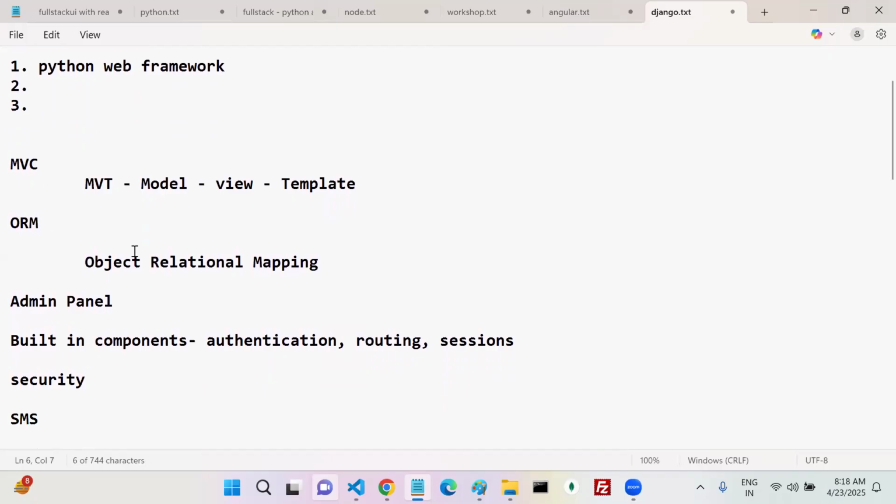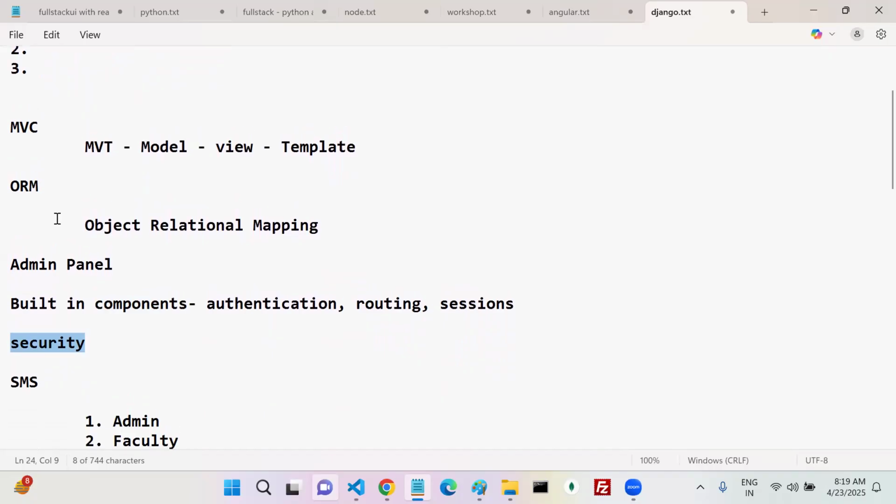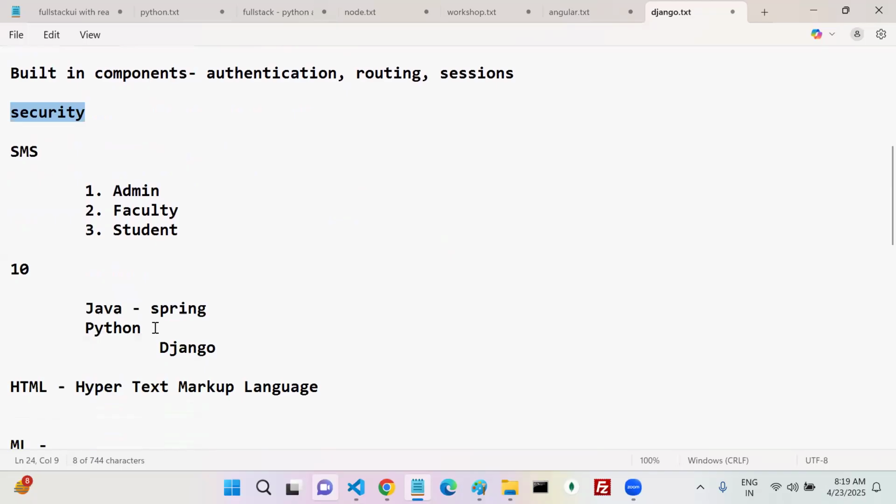Okay, like admin panel, some built-in components, security, MVT, there are some features. At this moment, just remember this particular terminology. We will not discuss the functionality and everything now. Just remember that particular terminology, that's it. Okay,